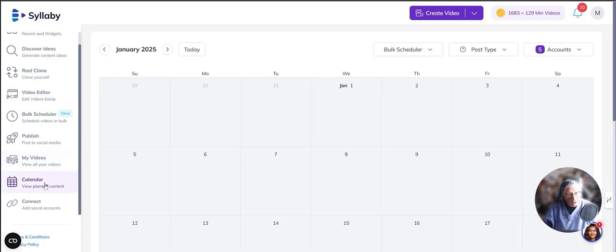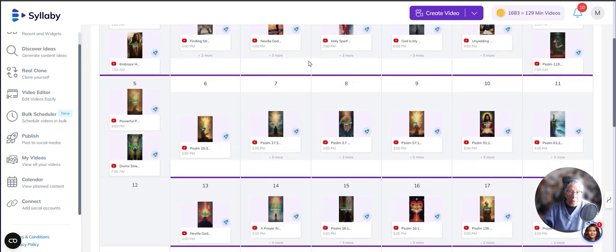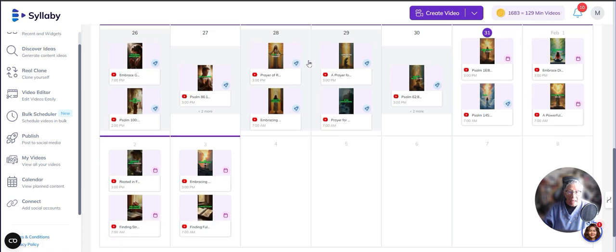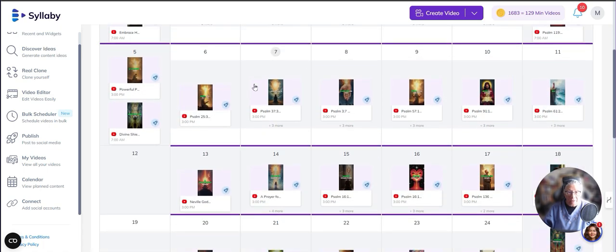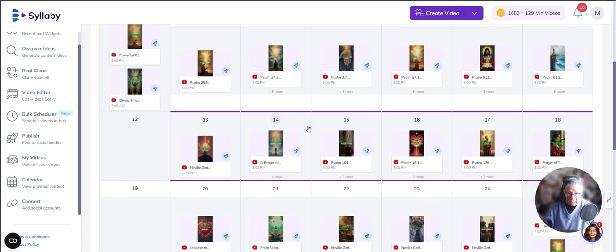The calendar is the best thing since sliced bread, is really all I can say. Since I post to multiple different channels at a time, this is my calendar. So you can see I have 3 videos posted on this day, 3 this day, 3 this day. So I come in on Monday and I do all my videos for the week. And then I basically have the rest of the week to do other things.